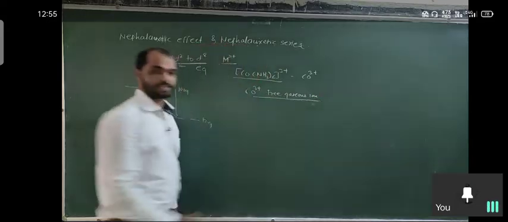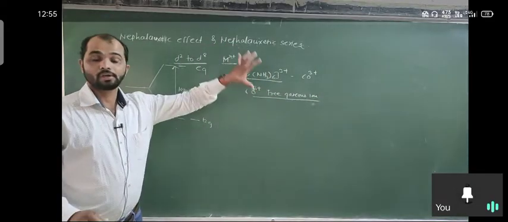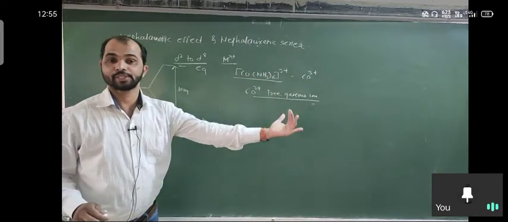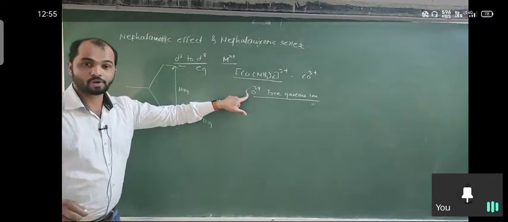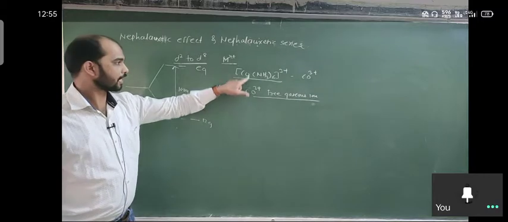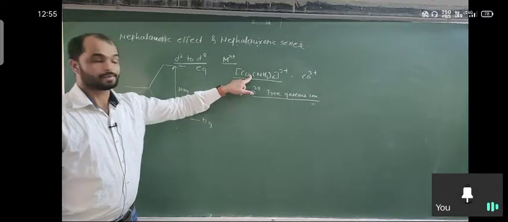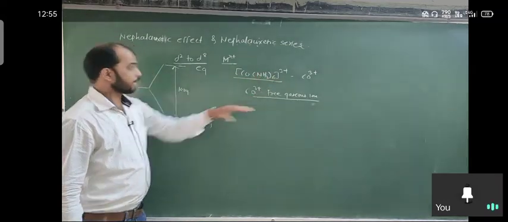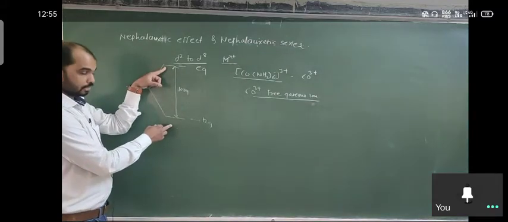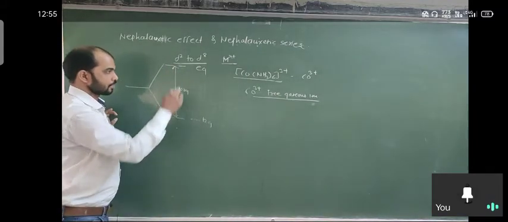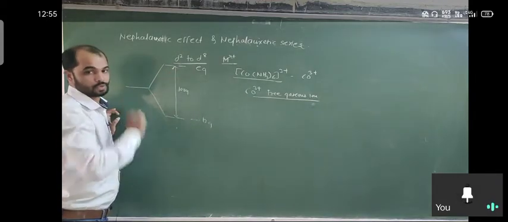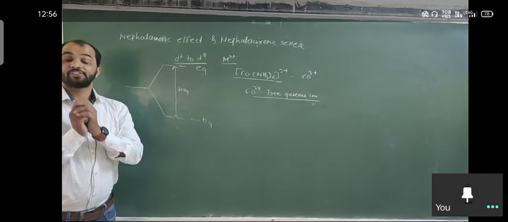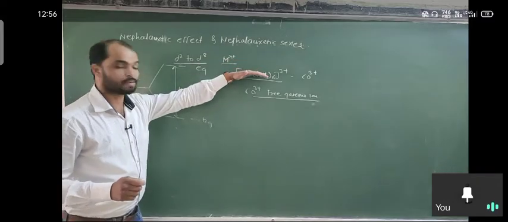So it is a free gaseous ion, meaning before interaction with ligands and after interaction with ligands. Here the metal orbitals remain uninteracted and here the metal orbitals are interacted. In the free gaseous state and in the complex form, the splitting of the two orbitals is there, and the energy difference between the two levels is equal according to CFT. But actually the complexes show different energy in the complex ion form and in the free ion form.